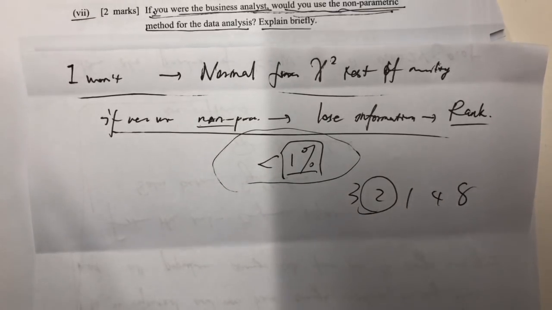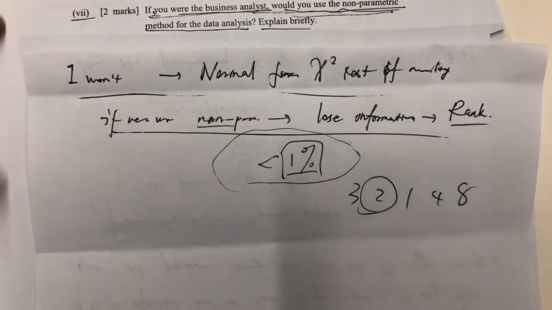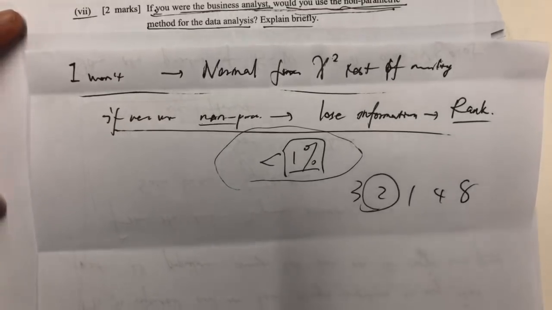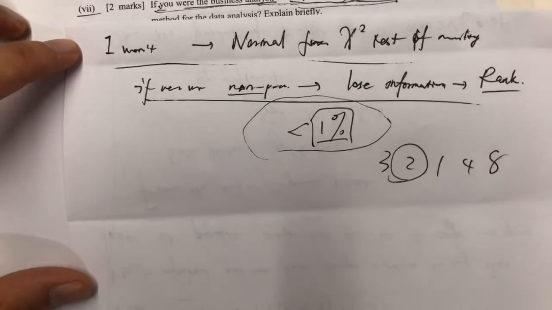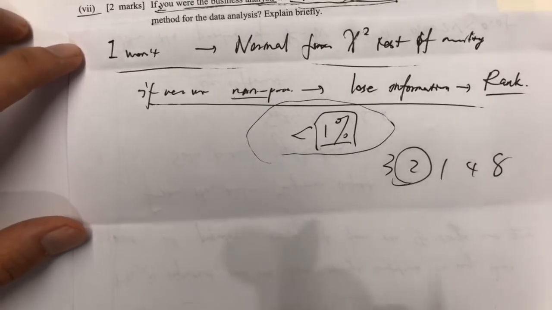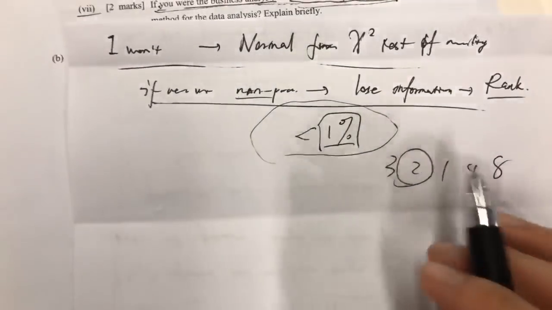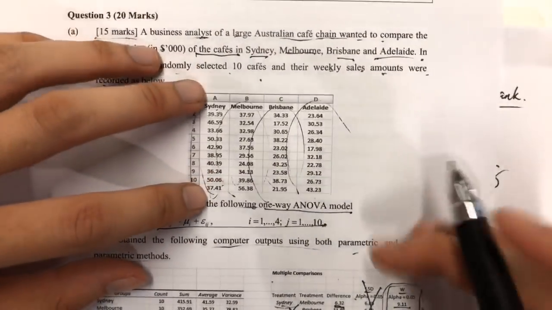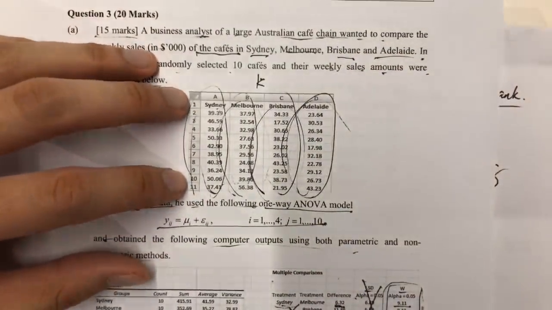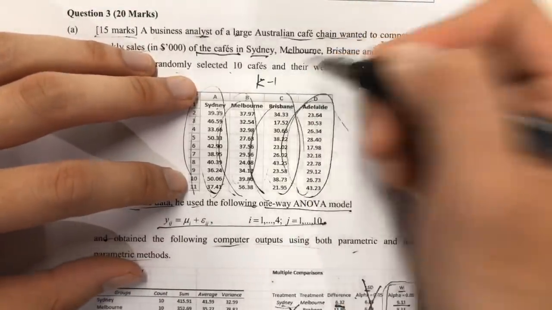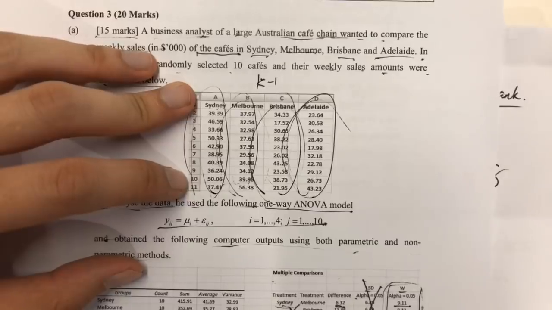Okay, Quinton Wang. Why are the degrees of freedom of SSR in a one-way ANOVA and in multiple linear regression different? Well, that's a good question. If you do want an explanation of it, it's really hard to explain here because you need to understand what a degree of freedom is. But I can give you an intuitive understanding. For example, if we are dealing with an ANOVA set of data, the K is actually the number of groups that we have in total, right? So the SSR has a degree of freedom of K minus 1, right?